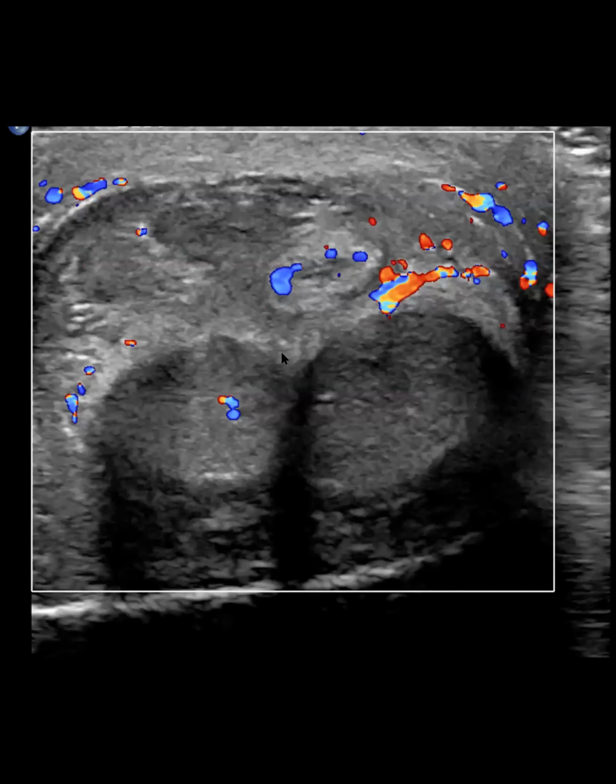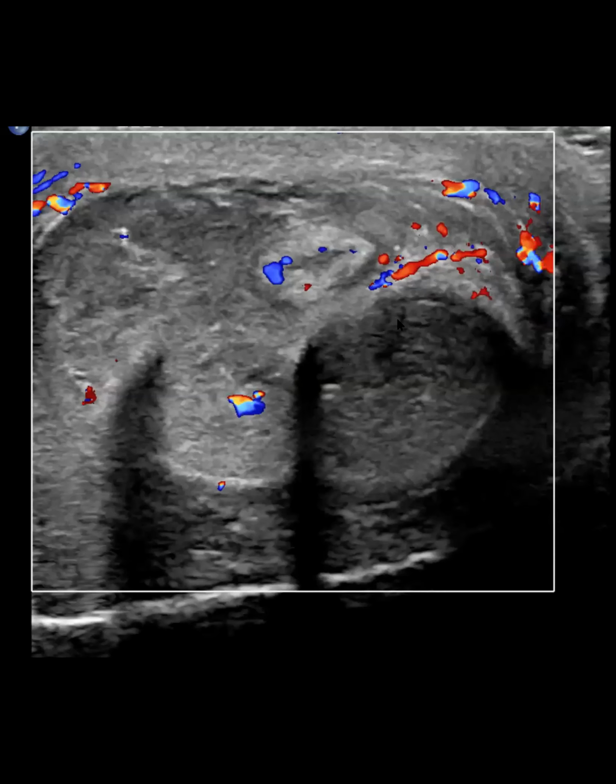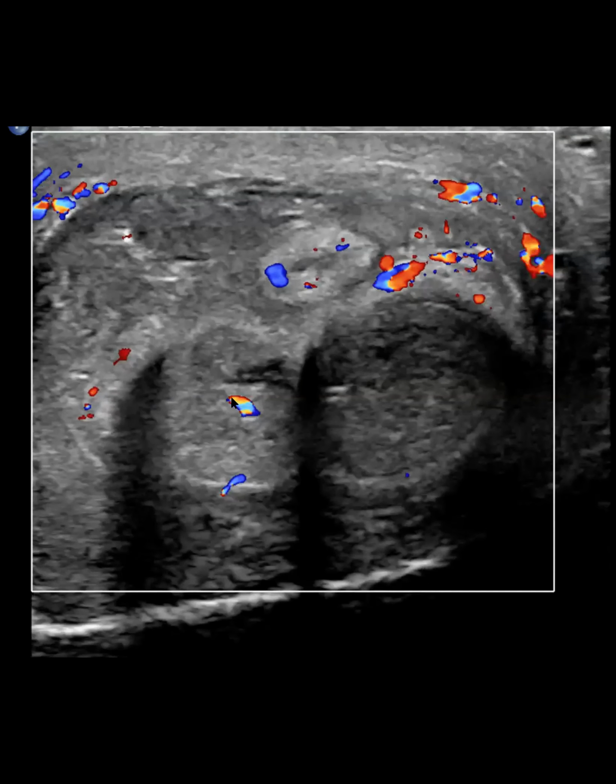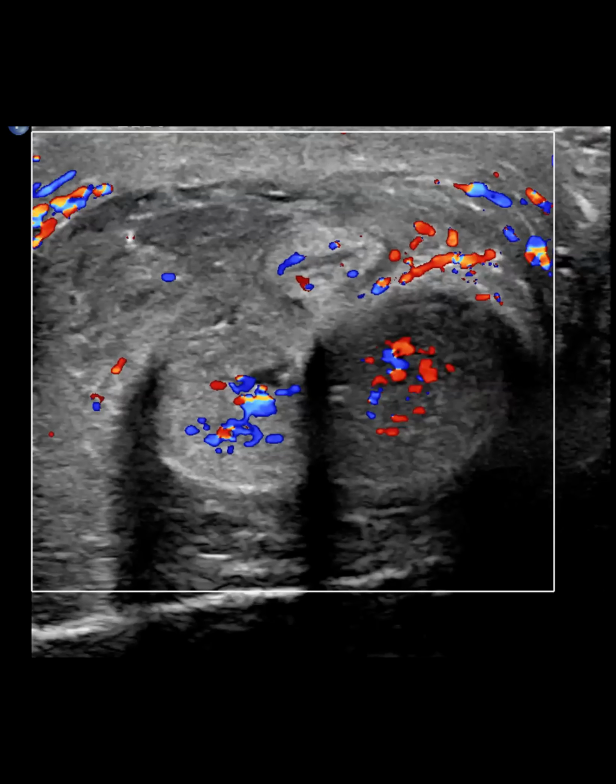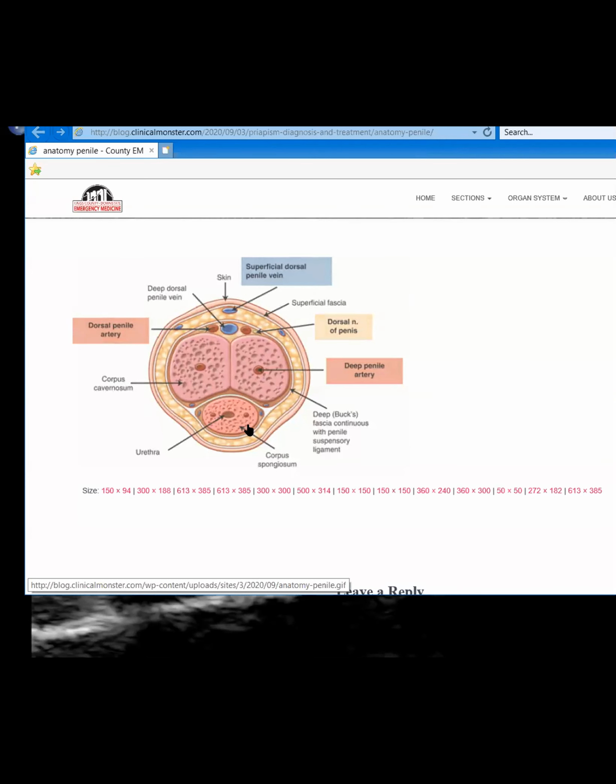I unfortunately don't have nice pictures showing you all the vascular anatomy, but just as a recap, I pulled up this anatomy picture to refresh our memories. So this is the dorsal aspect. Here is the ventral aspect. Corpus spongiosum is on the ventral aspect, and that encases the urethra. Corpus cavernosum on the right. On the left, deep penile arteries are within the corpora cavernosa, and these are the deep dorsal veins, superficial and